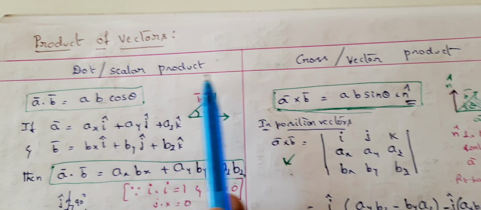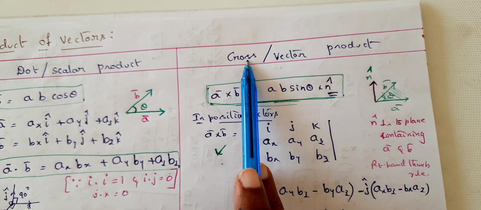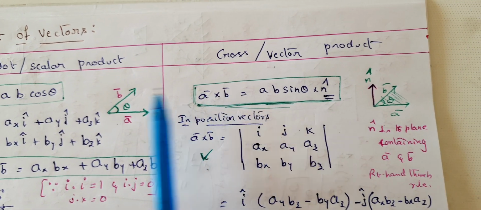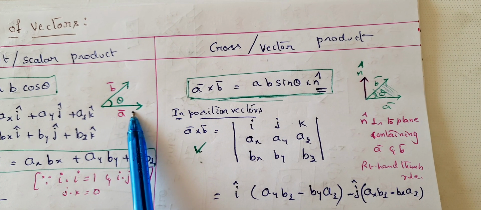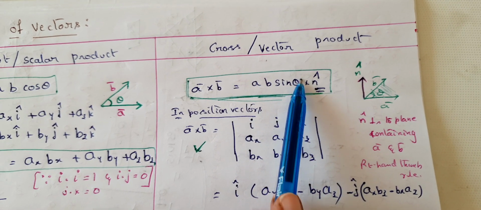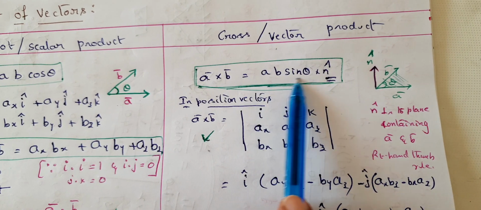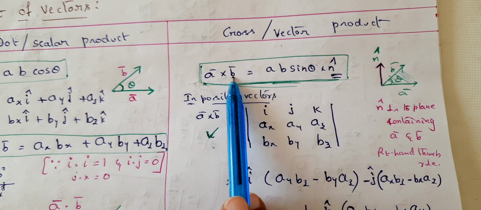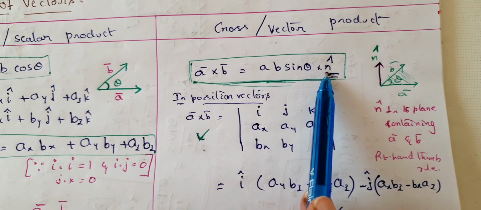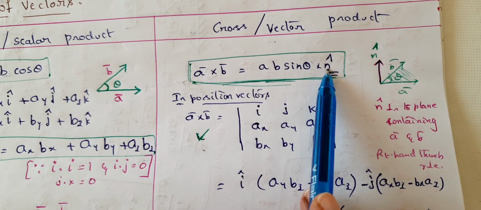And now if we go with the vector product, that is the cross product, it is defined as A bar cross B bar between the same vectors again. And this is A magnitude, B magnitude, sin theta. Till here it is scalar only. That means we got the magnitude of A bar cross B bar. And here an additional unit vector is n cap. N stands for normal vector.